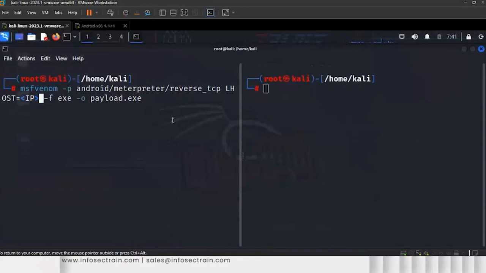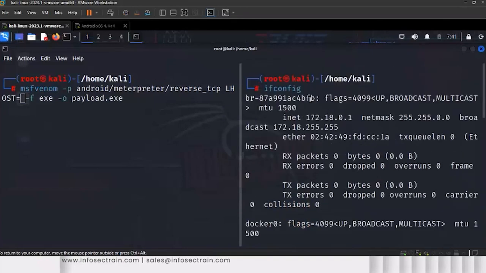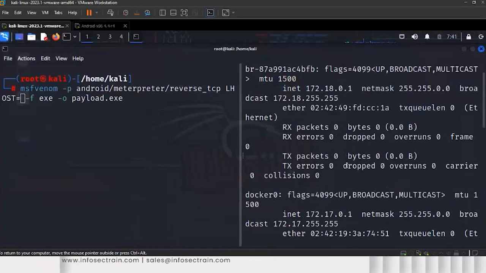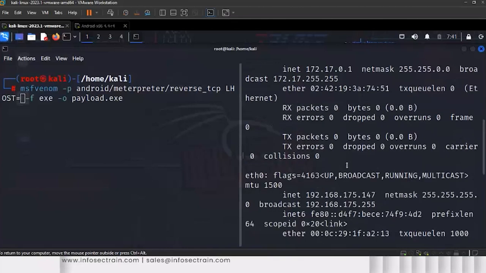Now it's written L host. L host means local host. Local host is the IP of your own machine. So ifconfig is the command to find out the IP, right? And let me just check the IP of my Kali Linux. So I'll write the IP 192.168.175.147,